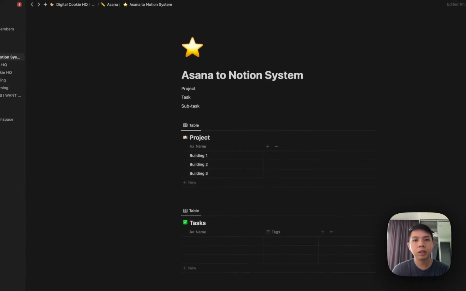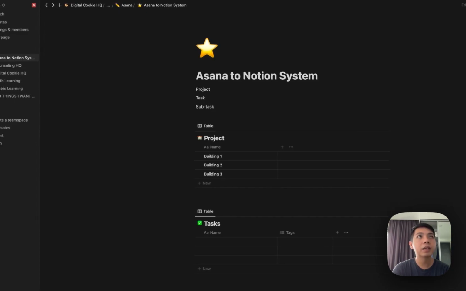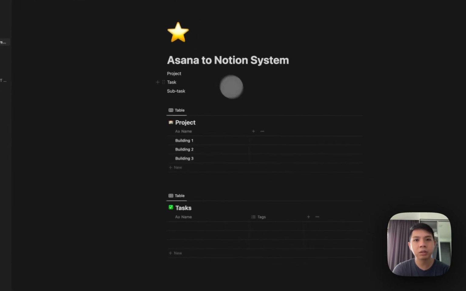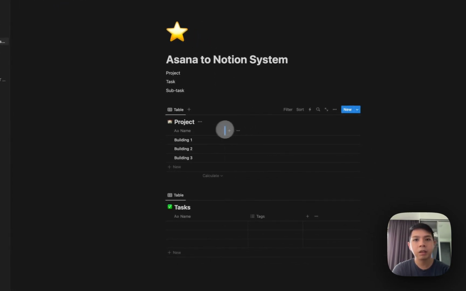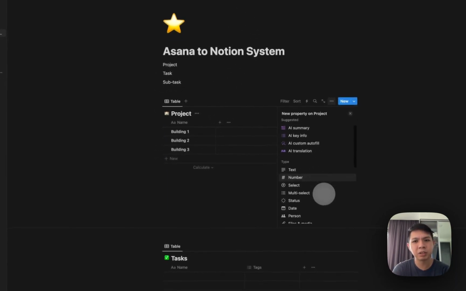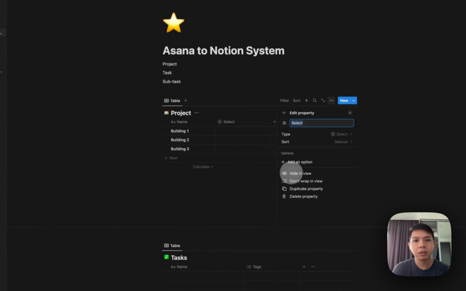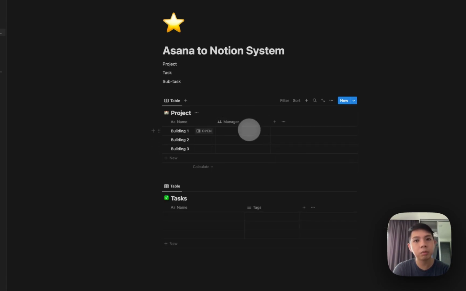So in the example that it showed me, let me refer back to that for a second. They have something called assignee, so they assign to someone. Actually, they will never really show me the project database, so I'm just going to assume maybe there's a manager for this one. So how you can select, you can select person. If they're all using Notion, right? So this is how you can select manager. Or you can select